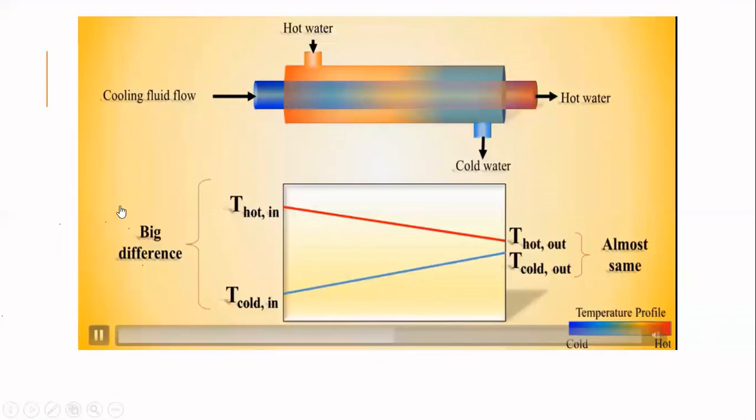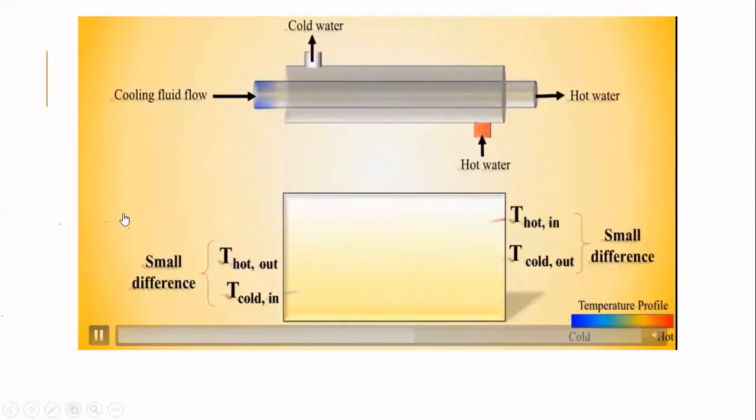This was the parallel flow heat exchanger. For the second category, we have the counter flow heat exchanger. So in counter flow, you can see...